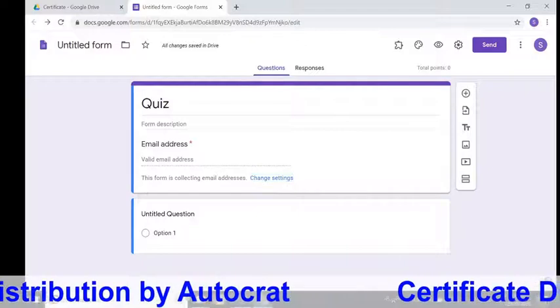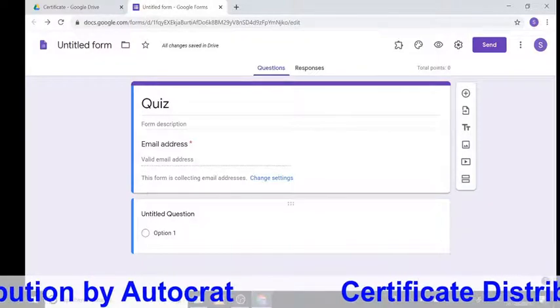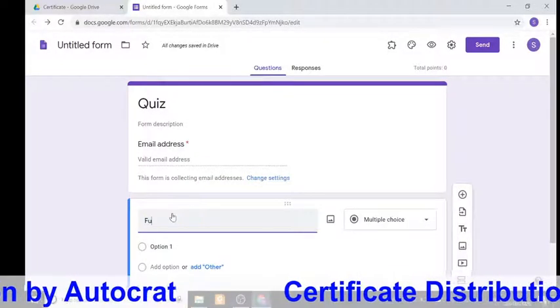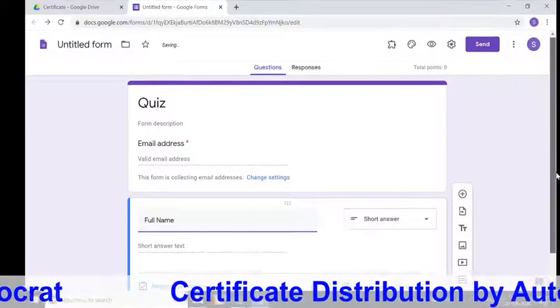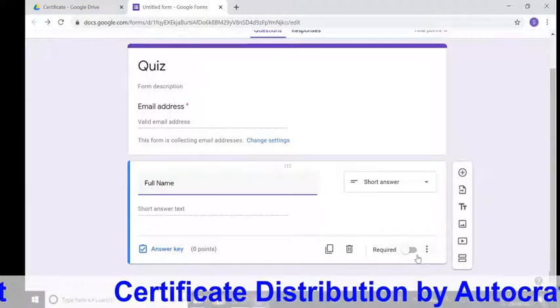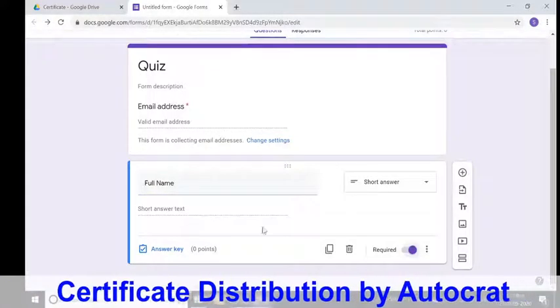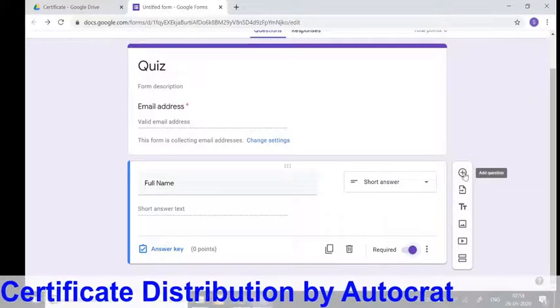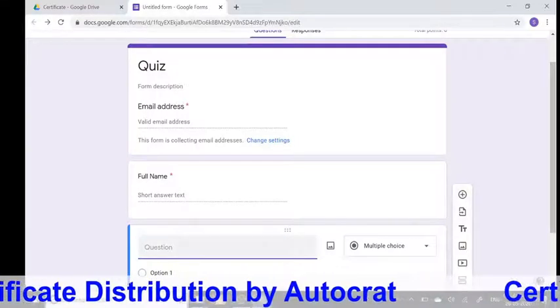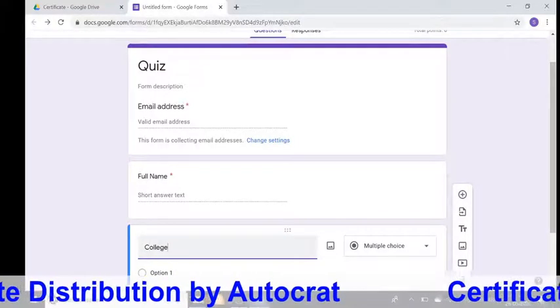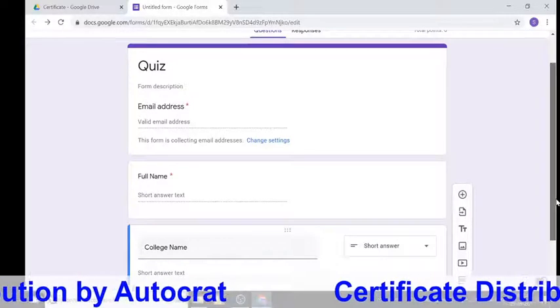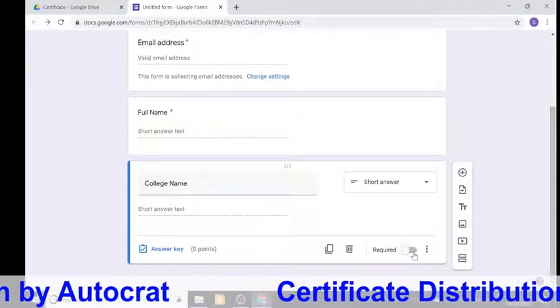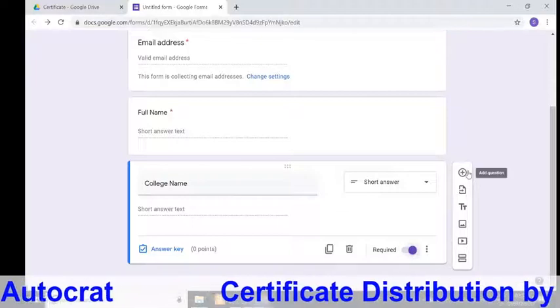Now first question denote email address. Now second question with name, click on required. Add one more question, college name, short answer, click on required.